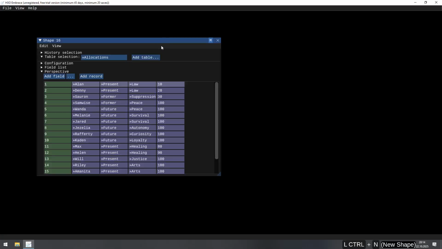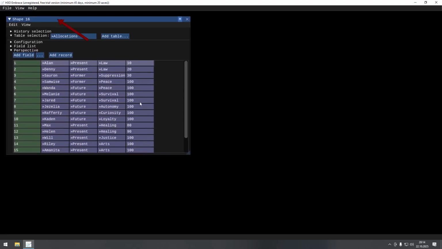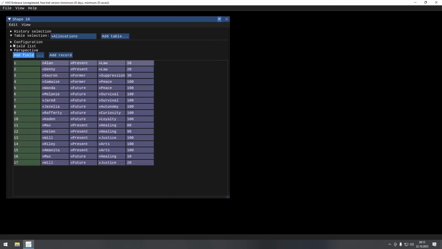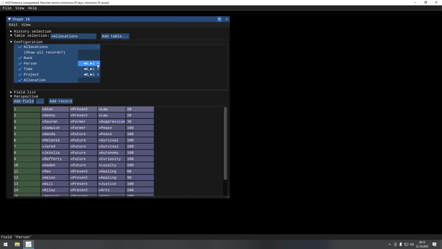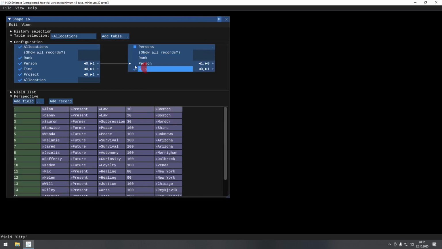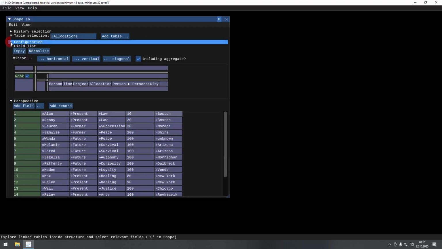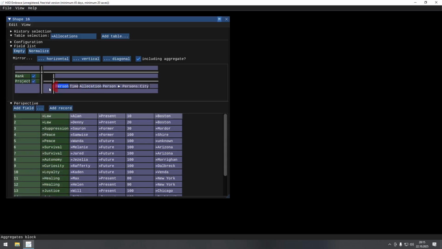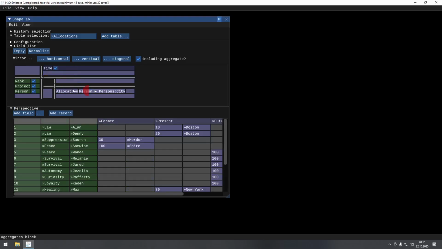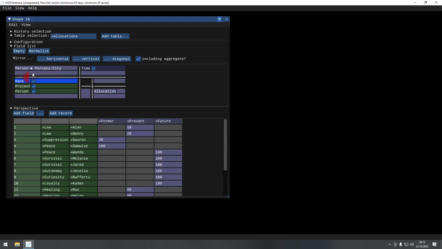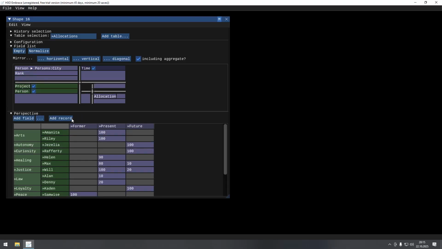One typical use case is people project allocation. And now let's have a closer look at this. Maybe we want to add the cities as well. So let's do it like this. Then we can go to the field list. And let's say we want to have project and person. Project and person over there. The time up, and we just remove this one and the rank as well. So that's the